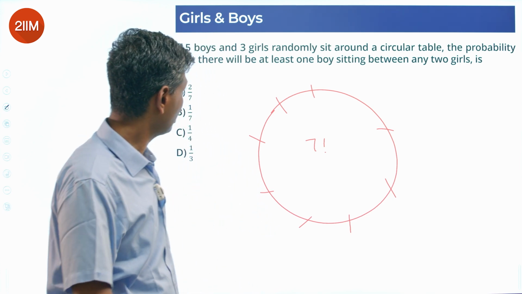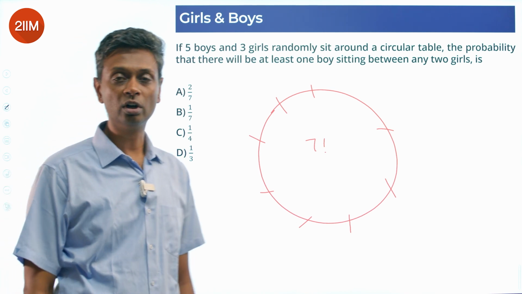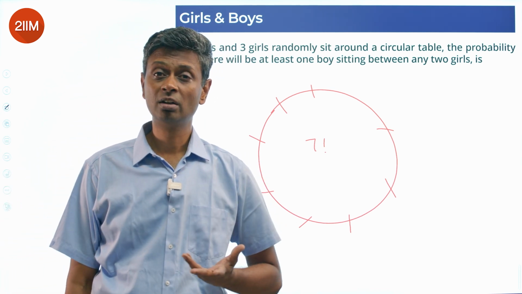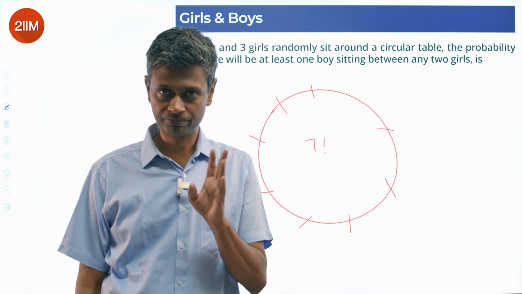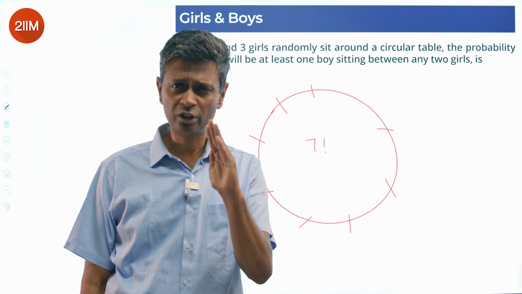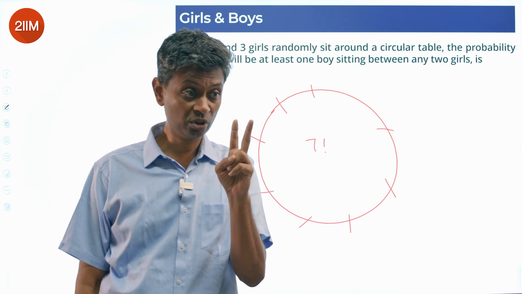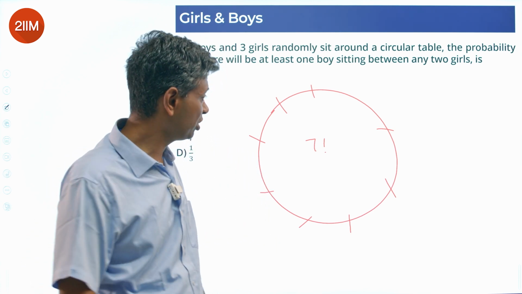At least one boy sitting between any two girls means no two girls are sitting next to each other. No two girls sit next to each other. That's what we're thinking about. So we say, I'm going to seat the